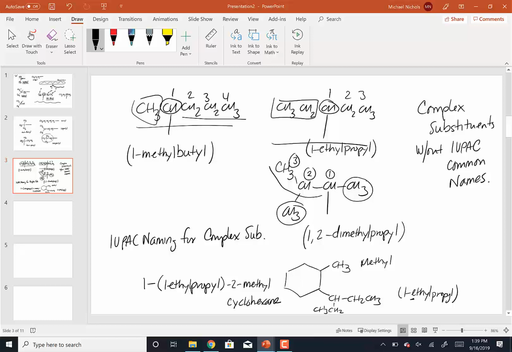Well, because remember what is this group? This group is this one, which is a propyl group with a 1-ethyl group attached to it. So its name is 1-ethyl propyl, and the propyl comes last because that's essentially the parent name of the alkyl